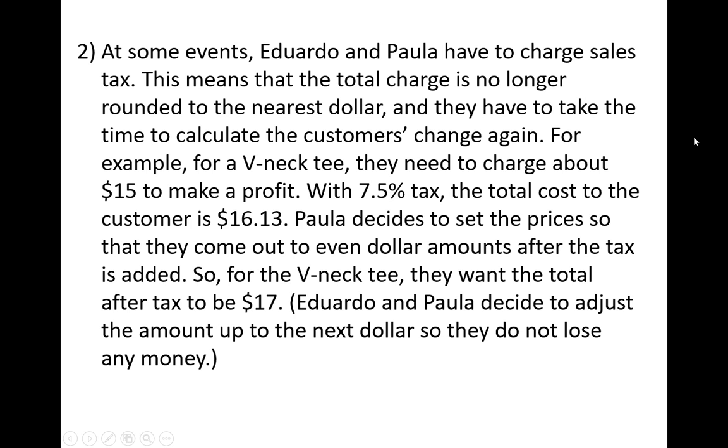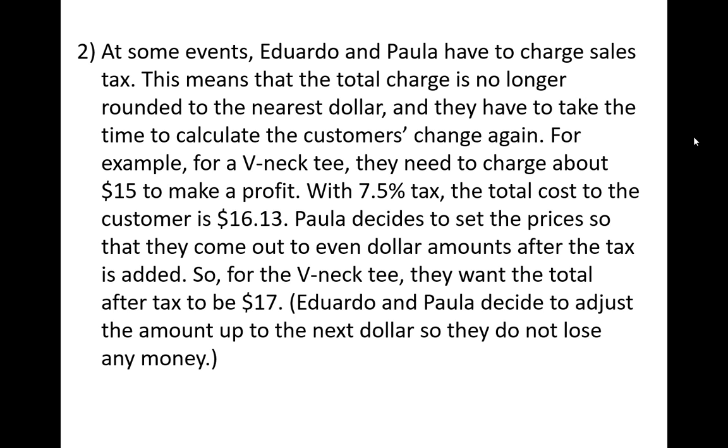At some events, Eduardo and Paula have to charge sales tax. This means that the total charge is no longer rounded to the nearest dollar, and they have to take the time to calculate the customer's change again. For example, for a V-neck tee, they need to charge about $15 to make a profit. With 7.5% tax, the total cost to the customer is